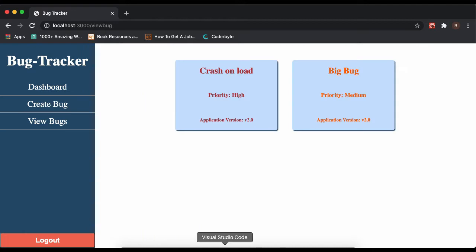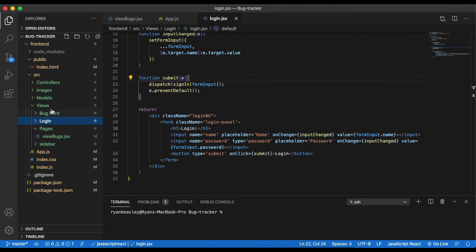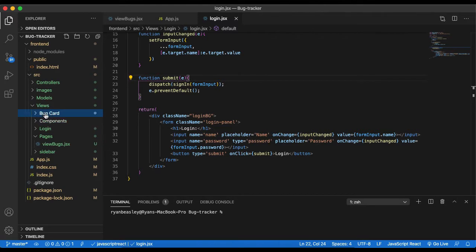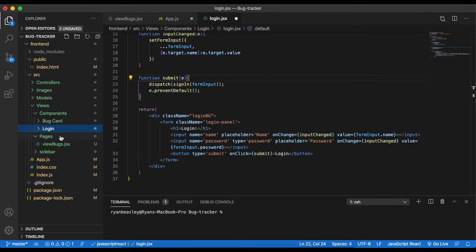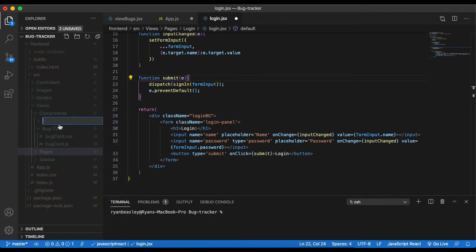So if we go into our VS Code, and I'm just going to organize this a little bit. If we make a new folder and call it components, and we'll drag the bug card in, and we'll drag the login in, and oh sorry, I lie, login's the pages, we'll drag that in there. Okay, so inside the components, if we make a new folder and we'll do bug view,